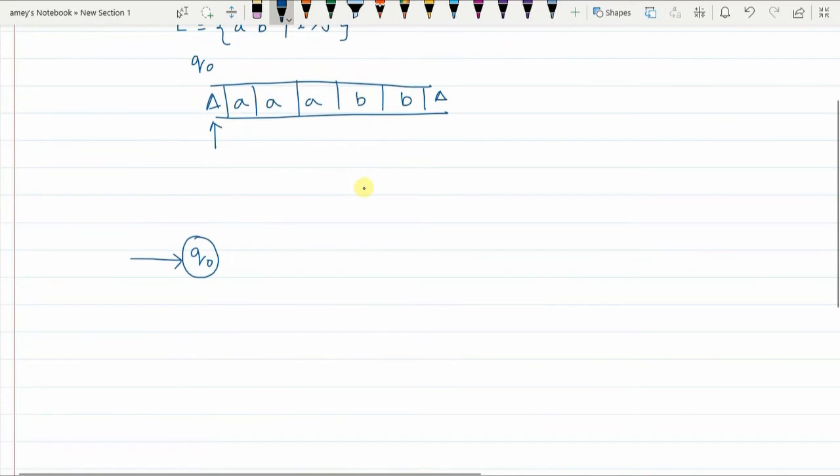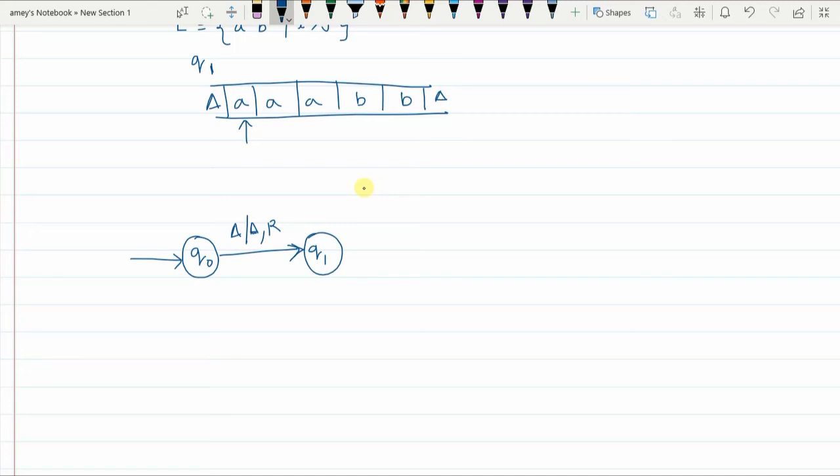Okay, so let's begin. You are in Q0 state. The initial first transition is almost the same. In Q0 state, when delta is encountered, delta is replaced with itself and the pointer moves one place to the right. By doing this, from Q0 state we go to Q1 state. So in the figure, from Q0, when delta is encountered, delta will be replaced with itself, the pointer moves to the right, and we go to Q1 state. This initial transition will always be the same.